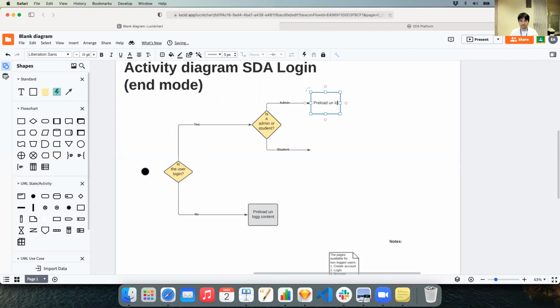Preload student, admin content. And for the student, I preload the student process, admin student process. And I really hope that you can learn the trick of copy and pasting, because some TA told me that students were literally typing the case study,